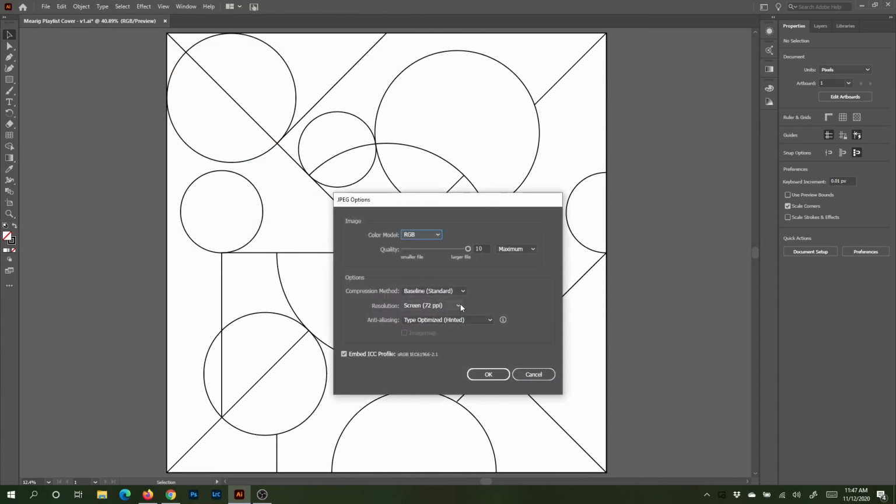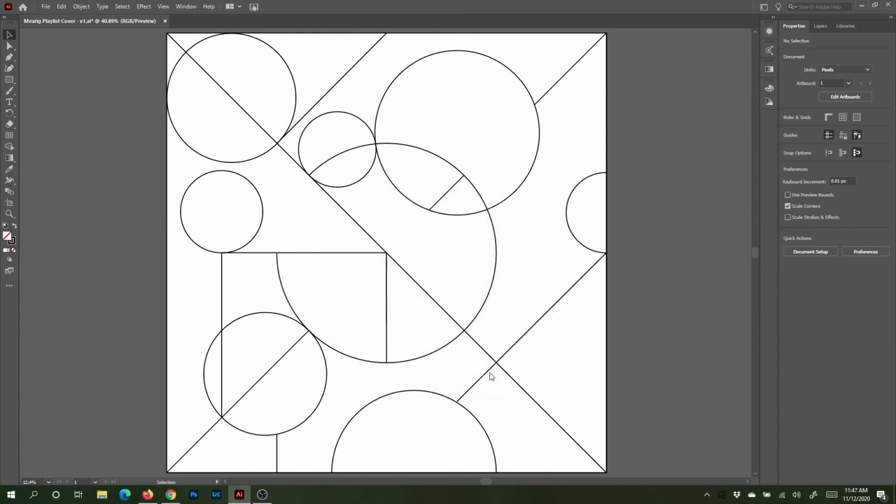I think we'll probably be safe at 72 ppi for these, and it kind of defaults to this type optimized. If we don't have any type on our document, then art optimized is probably a better choice for us, although it's not really critical for the work that we're doing here. We can click OK. That export should be done in a couple of seconds,